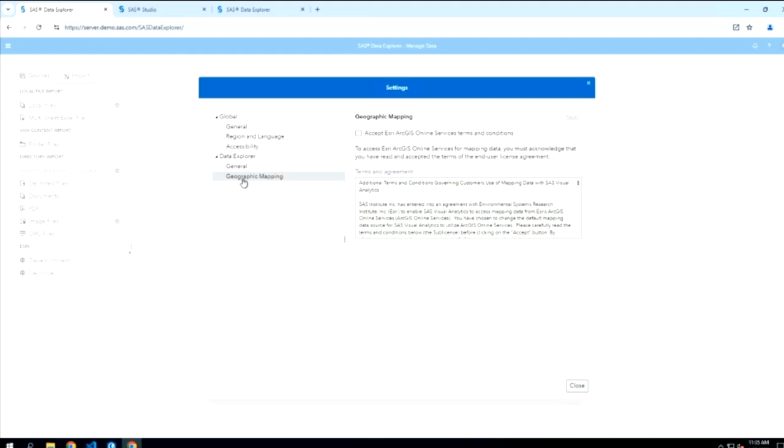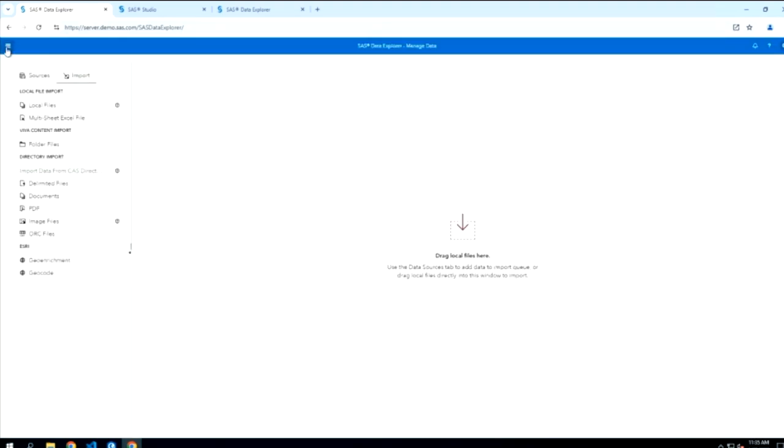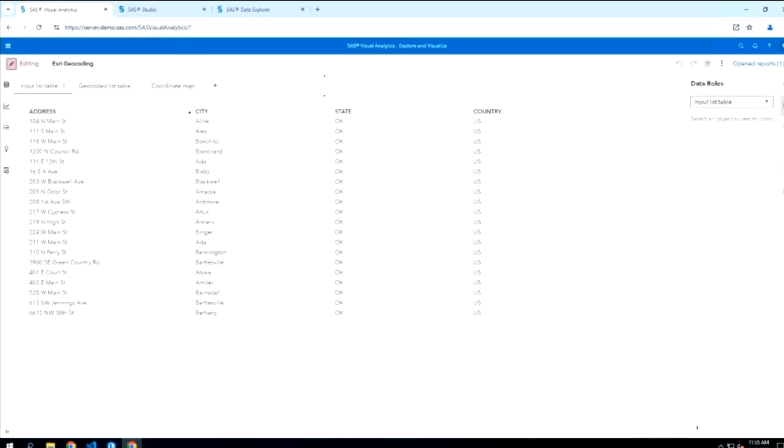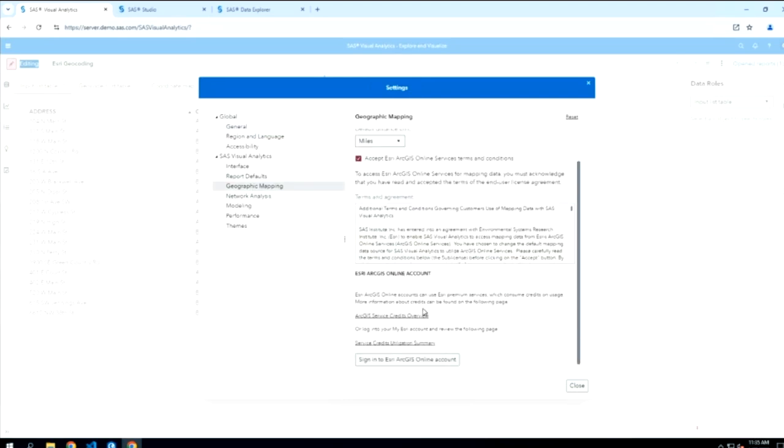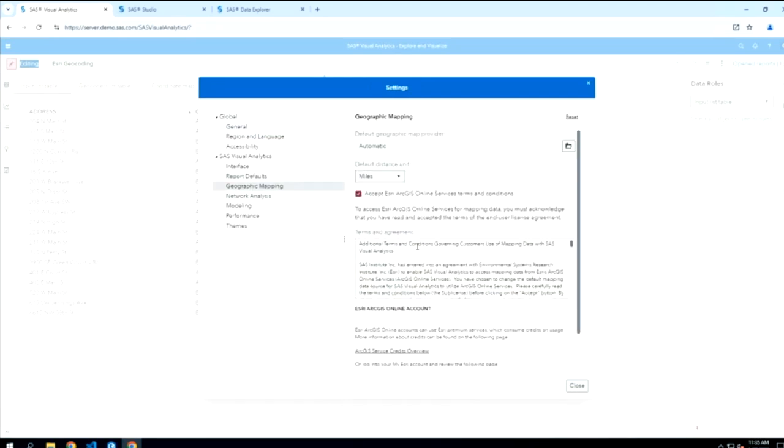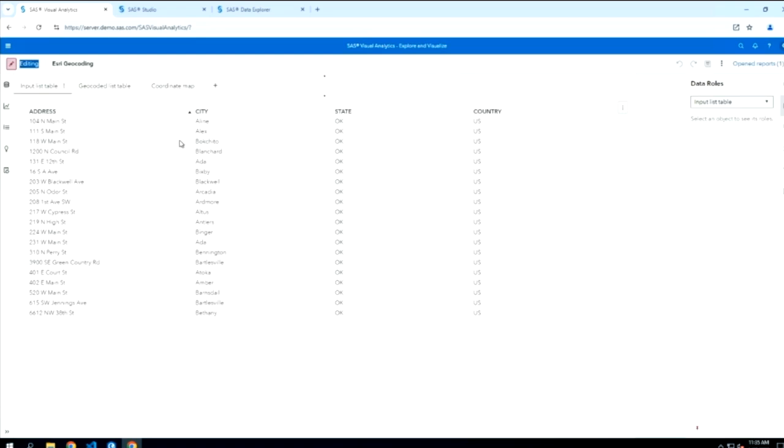If I click on that, let me come back to SAS Visual Analytics, actually, where I have already logged in. And then in the geographic mapping section, I can see that I have accepted the Esri ArcGIS online terms and conditions, and I've validated my account credentials.